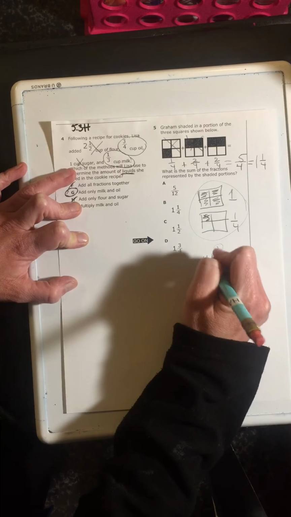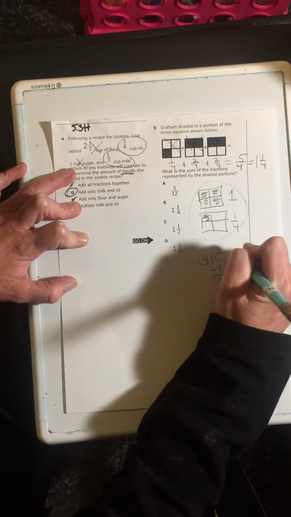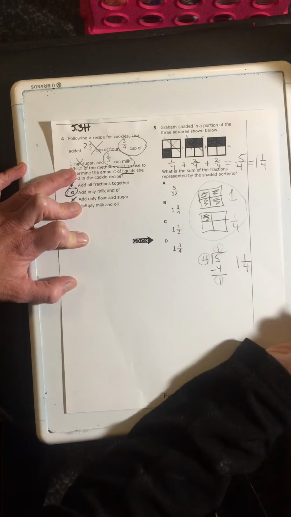This is my new numerator. This is my new denominator. I just created 1 and 1/4. So the answer